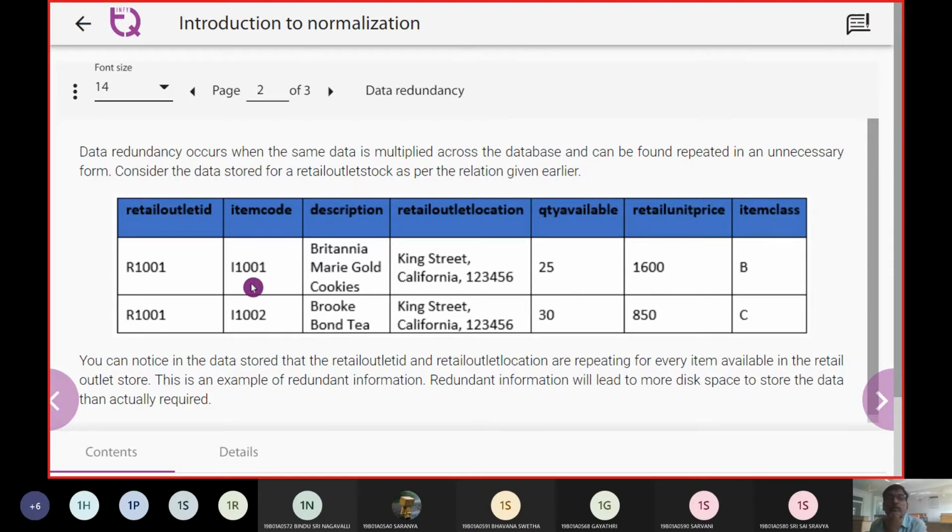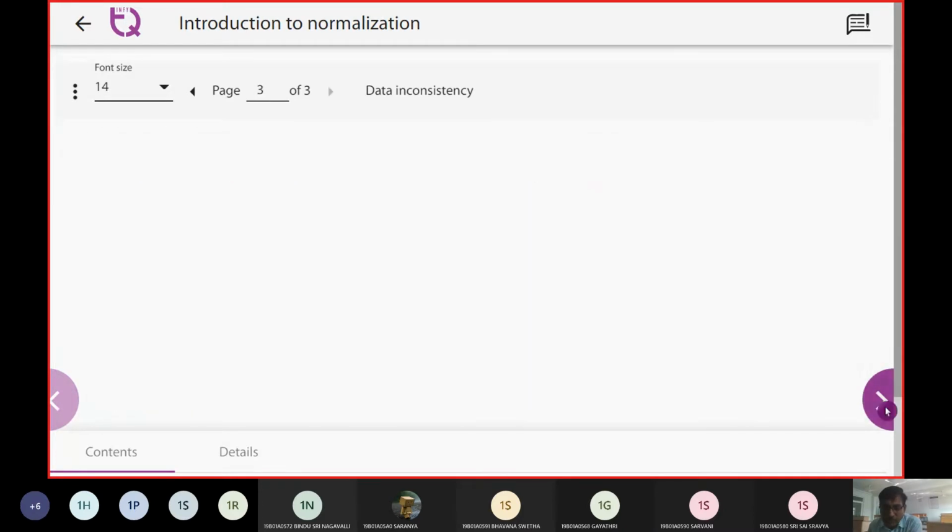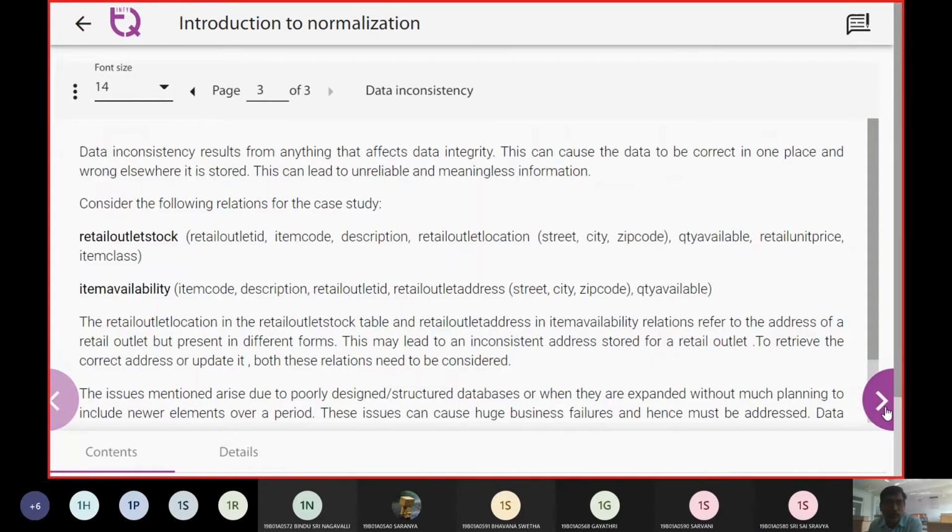So every row should have only one value per column. Here you are going to say King Street, California, comma 123456. So the street should be in one column, and the other column should have the zip code. Place and zip code should not both have the same value, so that should not be encouraged. Such things have to be eliminated so that the relation is in the normalized form.